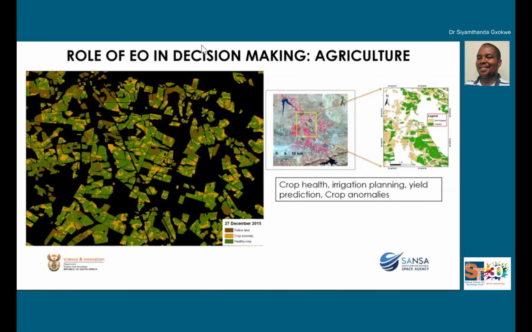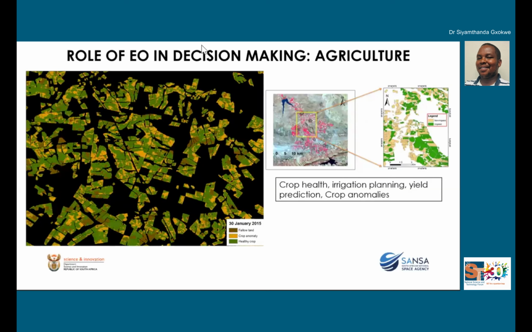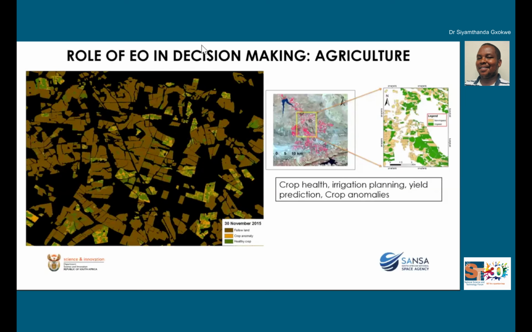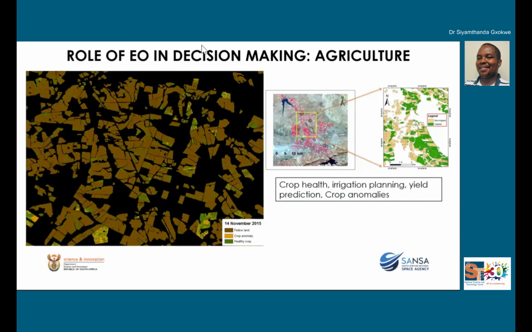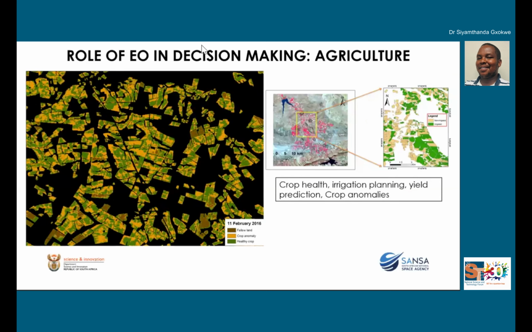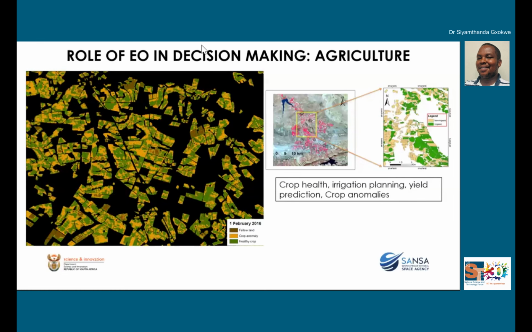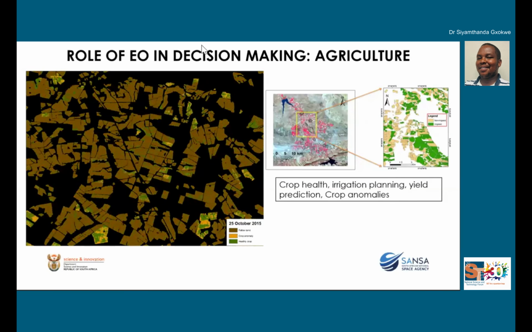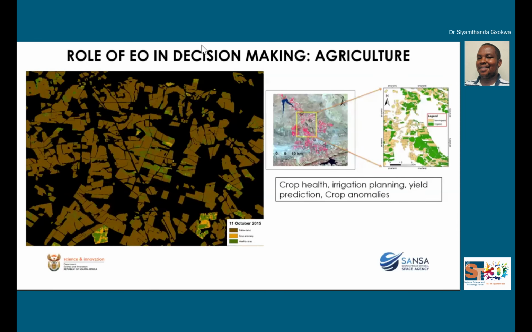So we have these tools that are based on earth observation data that are able to tell us about all those conditions, and as a result we are able to inform decisions with regards to which areas have crops that are at high risk of diseases, where we irrigate, and what sort of interventions we need to put in. For example, if we want to put nutrients onto the soil, where should we put them, and in terms of concentrations, at what level do we put those nutrients, and where do we target those interventions where we see crop anomalies. So we have tools that are doing all of that.